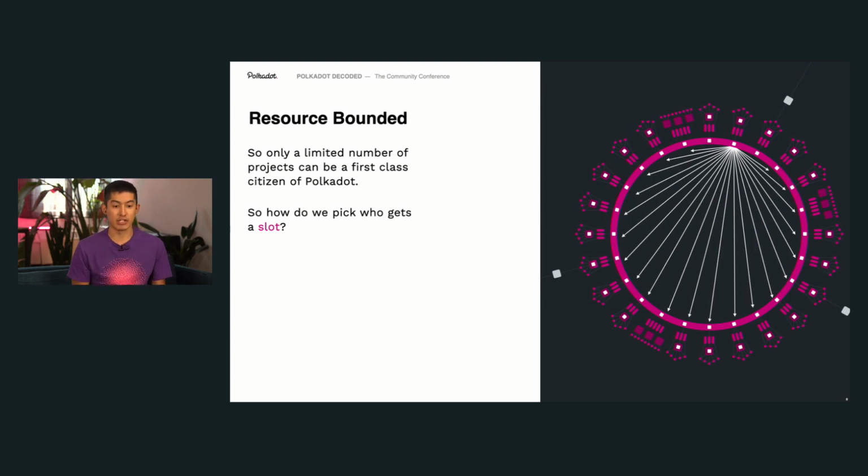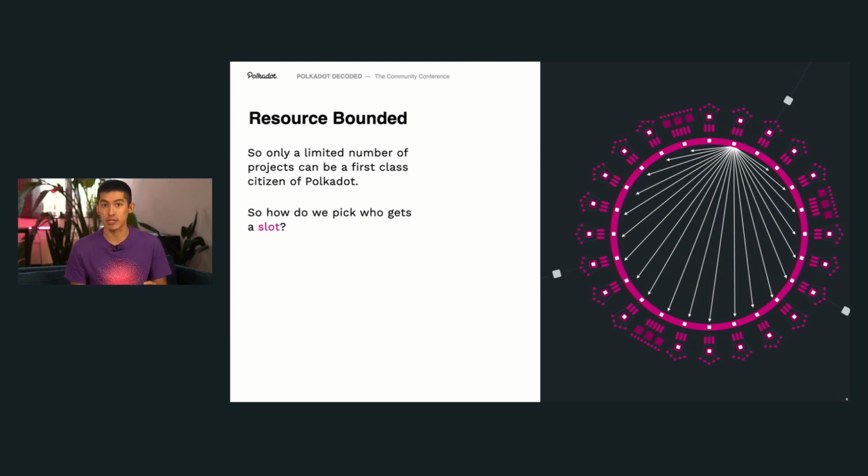But not everything is sunshine and rainbows. Unfortunately, even Polkadot has its own resource limitations. Adding new parachains to Polkadot is itself an exponential scaling problem. So there's really only a limited number of parachain slots we can actually give out and have run on the relay chain. We do have a long-term plan for how we're going to solve this scaling problem through the use